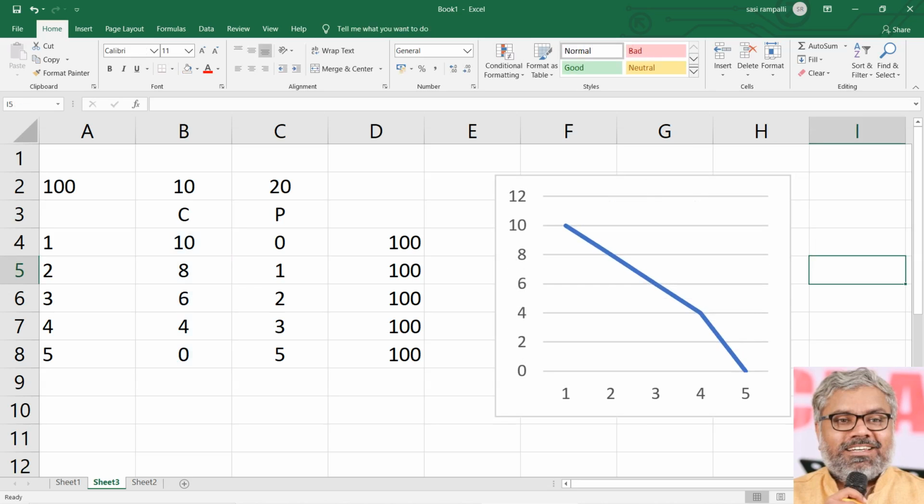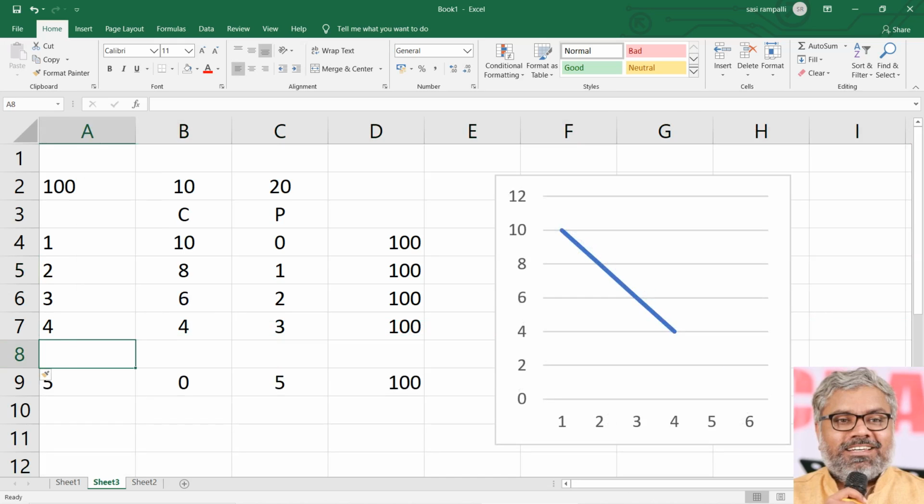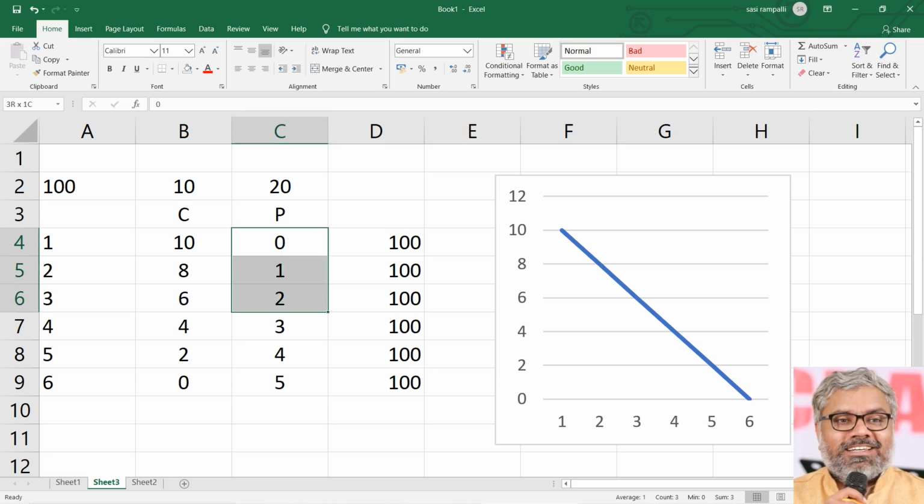Because we did not take one more point here, it was little bent. Let us take that also. That will be much easier so that we can easily understand it. Say here, we can purchase 4 pens and if 4 pens means we can purchase only 2 chocolates. Yes, this is exactly correct. So consumption of pens is increasing 0, 1, 2, 3, 4, 5, whereas the consumption of chocolates is decreasing 10, 8, 6, 4, 2, 0.